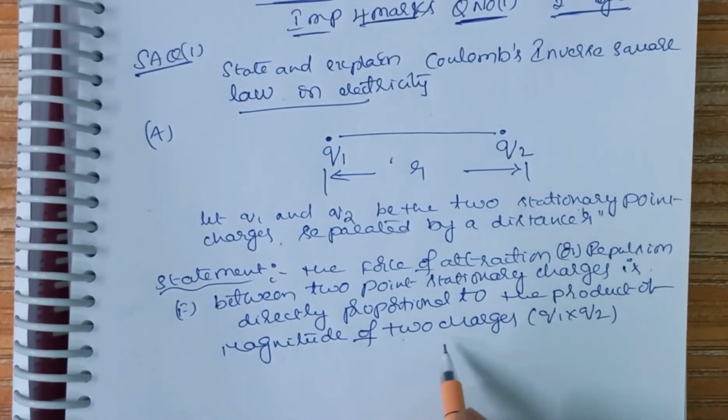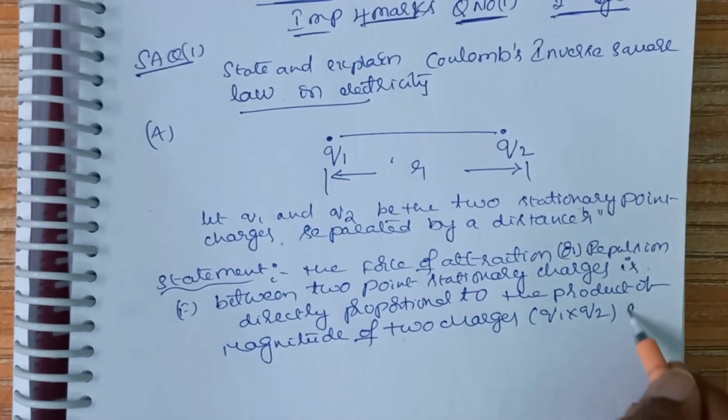Product of magnitude of two charges is Q1 Q2, and